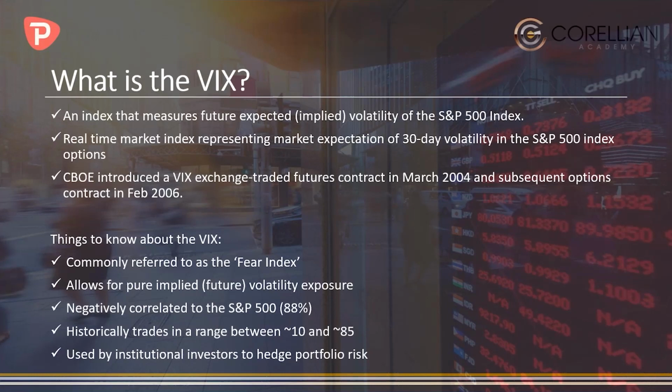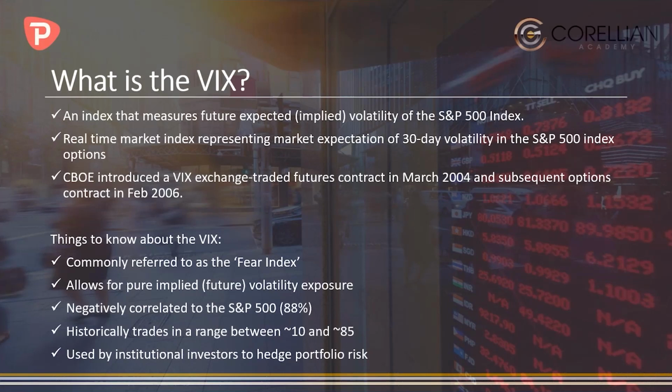Having originally been calculated using select options data from the S&P 100, it was adapted a little bit later in 2003 using options data from the broader market S&P 500 to provide a better sentiment indicator in order to develop an exchange-traded financial contract. And this was launched on the CBOE in 2004,